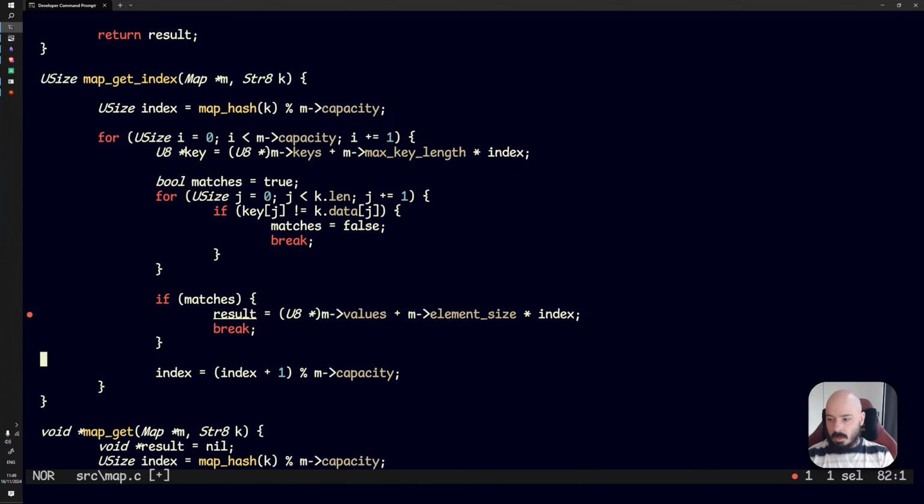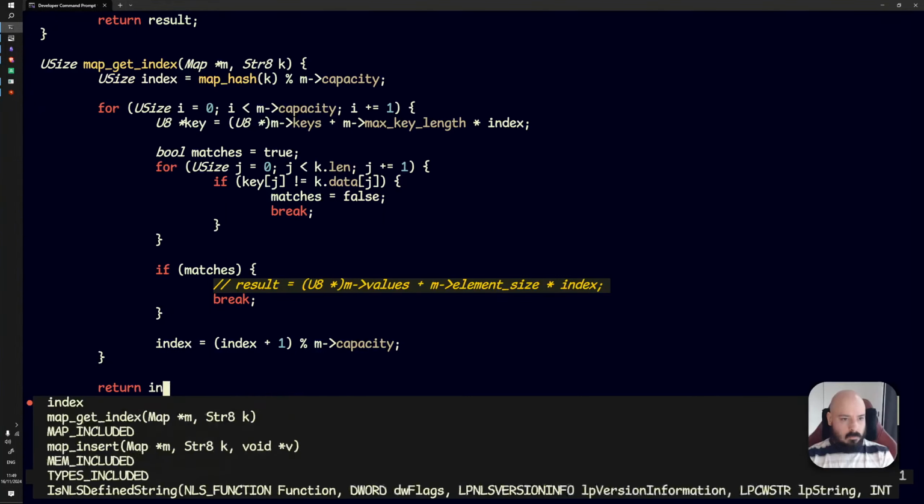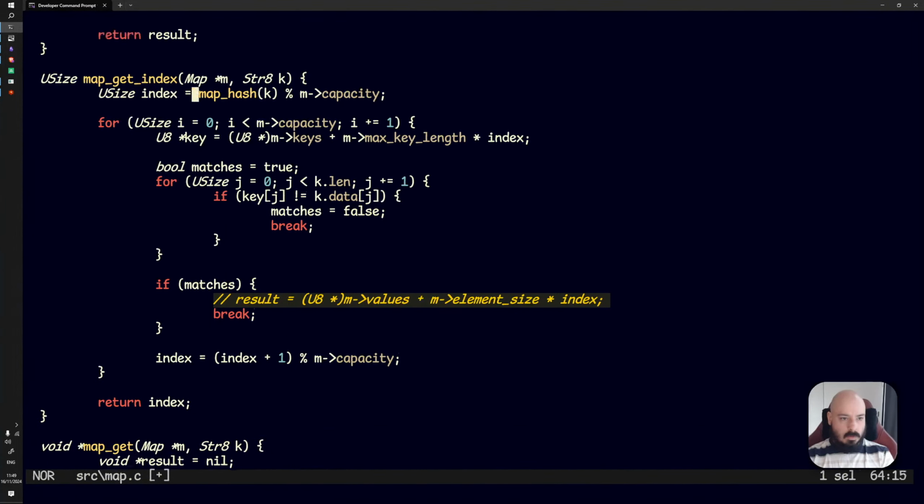If the pointer is null, you just ignore the copy. Okay. I'm still not convinced about that one. So in this case, index should be